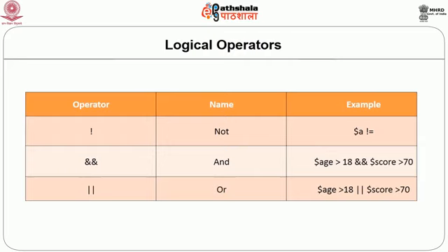While the or operator says that if any one condition provided by you is true, then the whole condition is considered true. Say for example, here age must be greater than 18 and score greater than 17, then only this condition is considered true. If age is greater than 18 but score is not greater than 17, then it is considered false. While for the or operator, either age is greater than 18 or score is greater than 17, any one is correct, then the whole condition is considered correct.